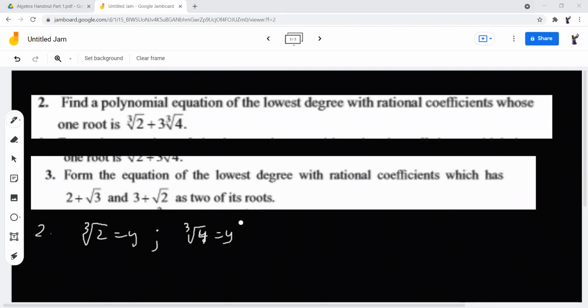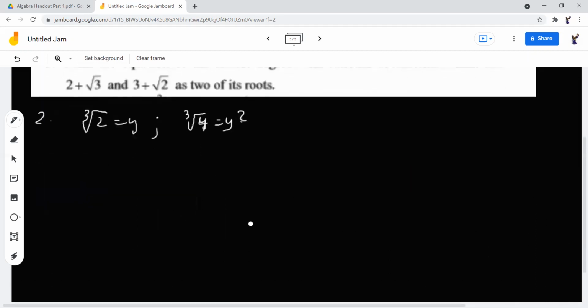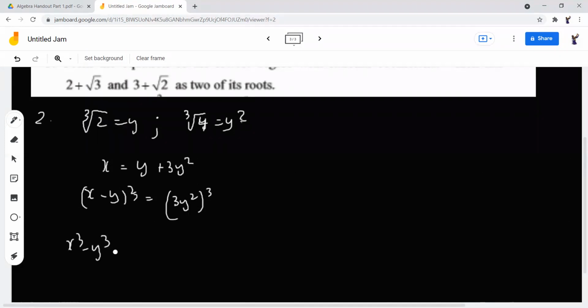So I'm taking y and y square because it's convenient, because I can't write cube root of 2 and cube root of 4 every time. So now I have x equals y plus 3y square. Now x minus y whole cube equals 3y square whole cube. So I get x cube minus y cube plus